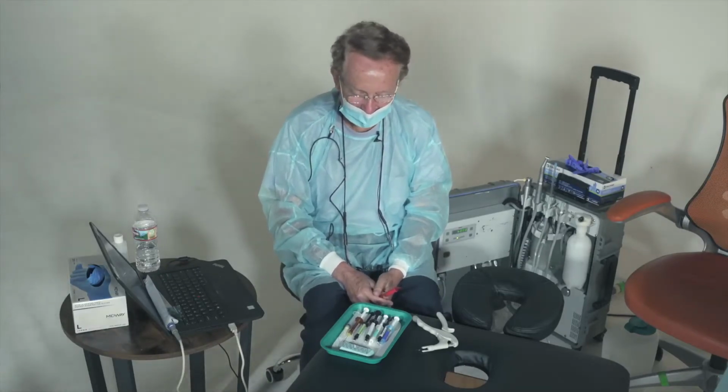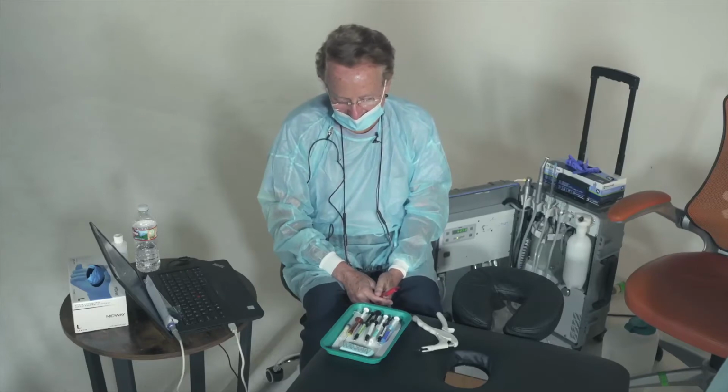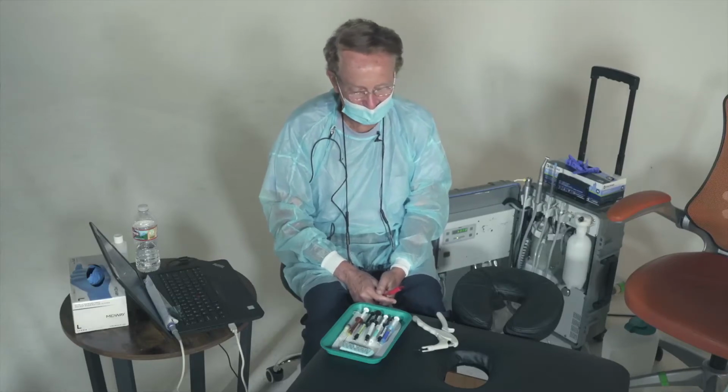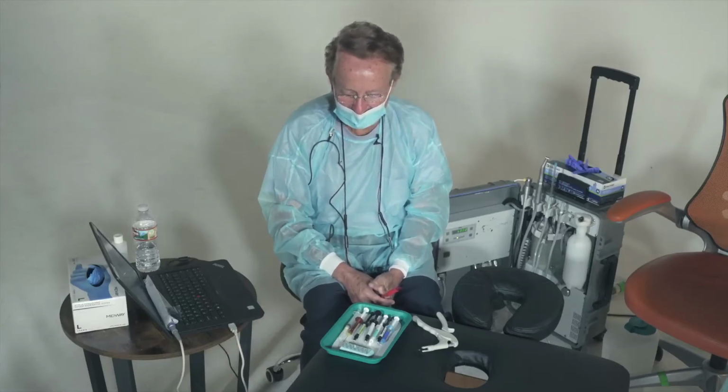Okay, so where we left off, I pretended to give Carter some local anesthetic. But let's say I was going to work on Carter without giving local anesthetic and doing his fillings. Well, I have to be able to let him know what to expect. So usually what I'll say is, you have some sugar bugs, and I'm going to go chase those sugar bugs, so I need you to open up, and if you feel anything,